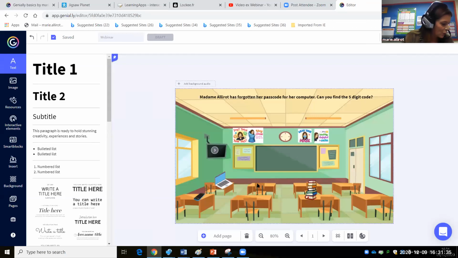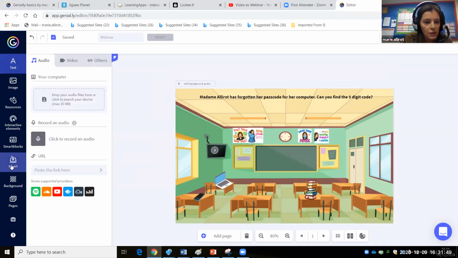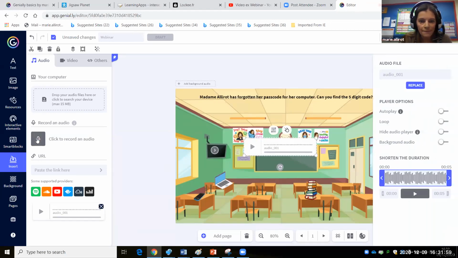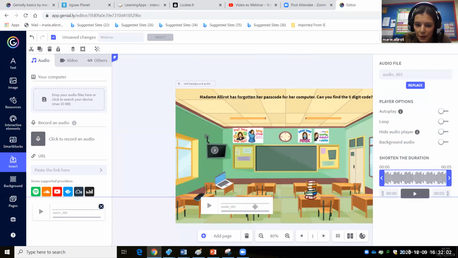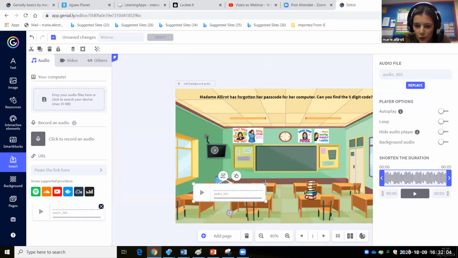So I'm now going to show you how to add a little bit of audio. So we could give them a clue about where the text is; there is a little clue somewhere. So I'm going to record audio. So I do Insert, click to record an audio. You might need to move some objects to find one of the clues. That's my audio player. And I want it on the phone.